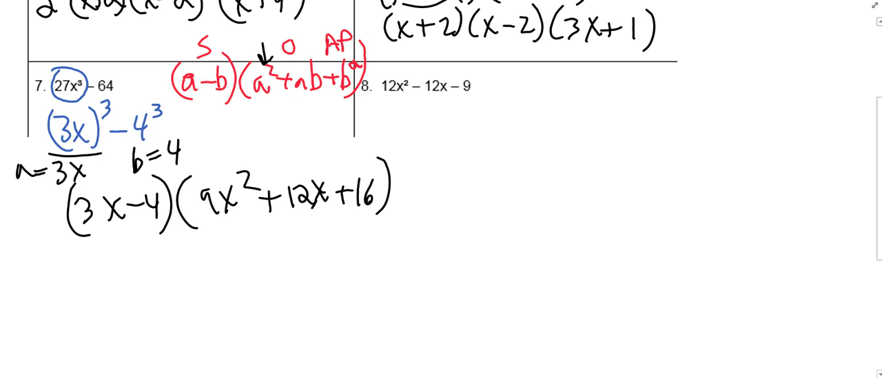Okay, so that's an example of a cube minus a cube, and a cube plus a cube is factored using the same A and B, but we just adjust the formula. Alright, let's look at number 8. It's a trinomial,